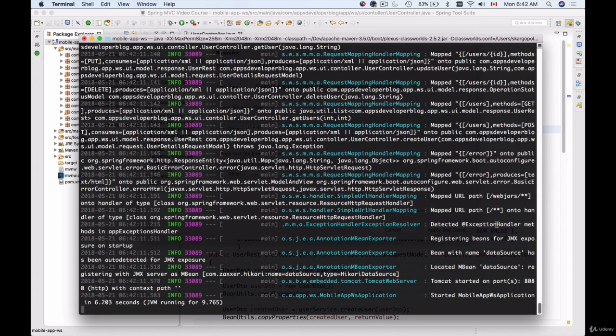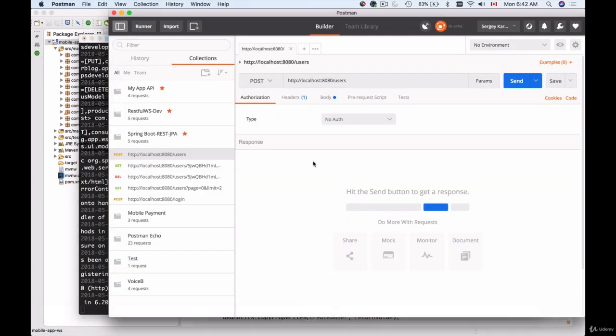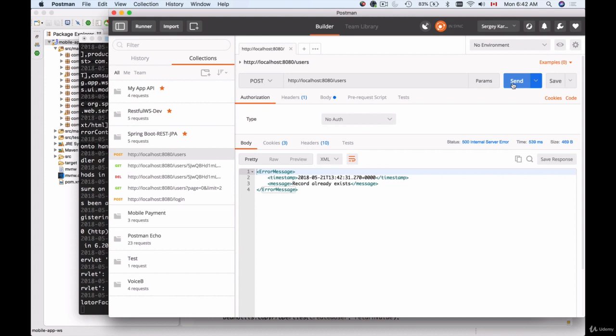Okay, my application is up and running now, and I can see here that Tomcat has started on port 8080. I can now bring up my Postman and try sending HTTP request to the localhost 8080/users. I'll send the request. It says that the record already exists, but the good news is that my application is